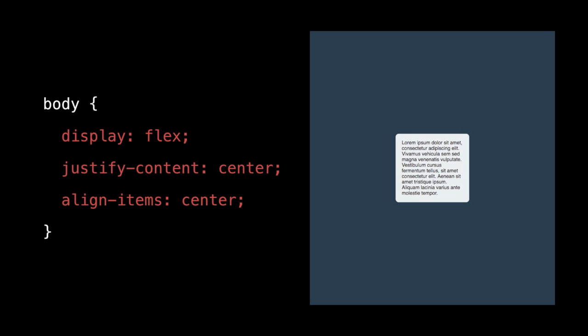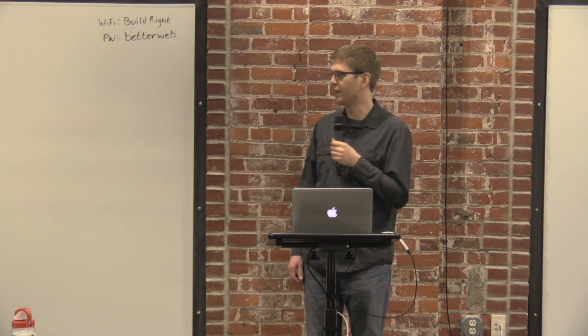We set justify content to center, and that centers the div horizontally. And align items to center, and that centers it vertically. So finally, we can vertically align an item in 1 line of code in CSS. So that's way easier. And some of you may be thinking, oh, well, I know Flexbox, and there's an even